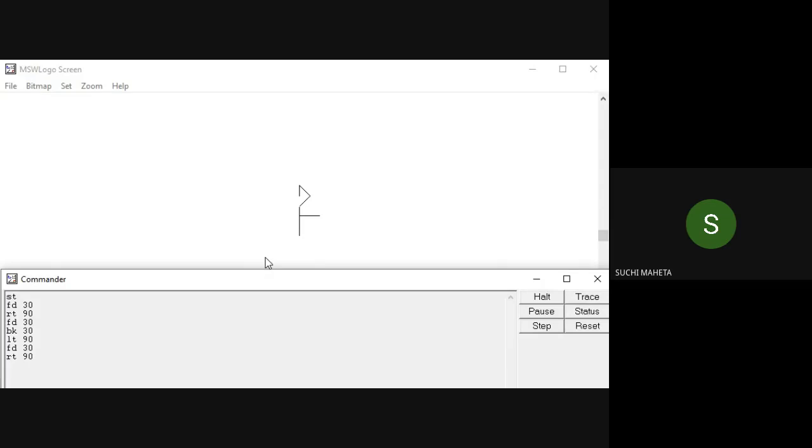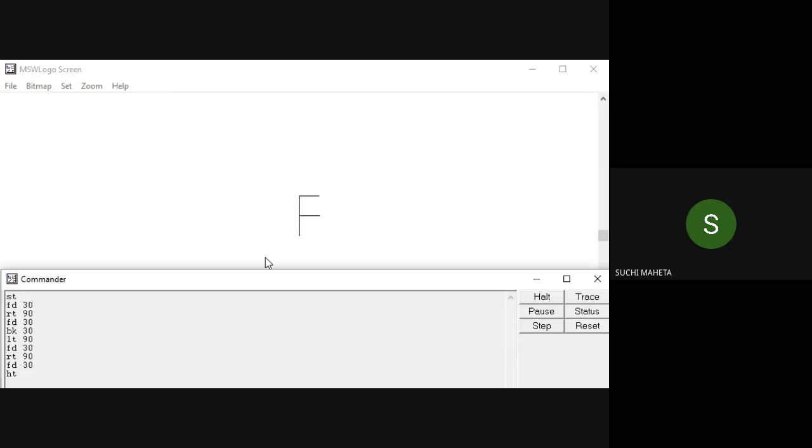Now I will do hide turtle. Which alphabet is drawn? It's an F, right? So this way you can draw your alphabets also. It's very easy to draw. This is the way you do it.